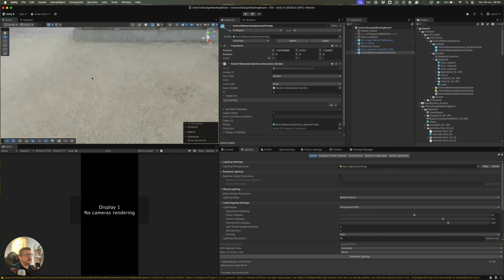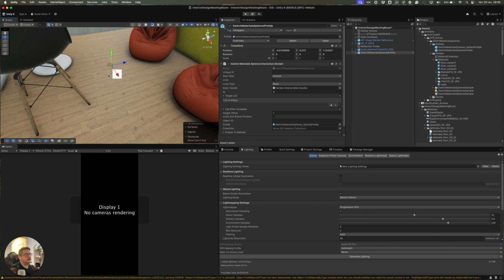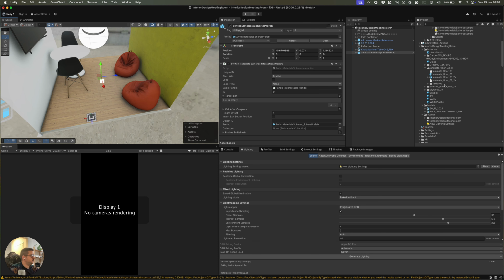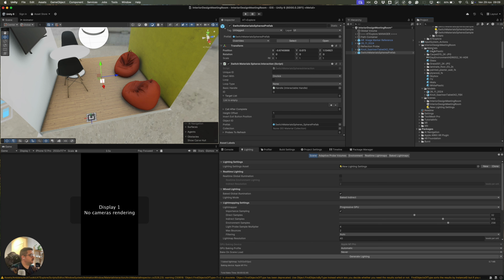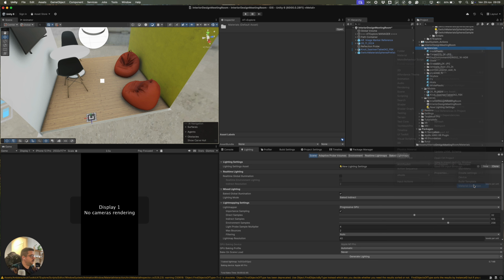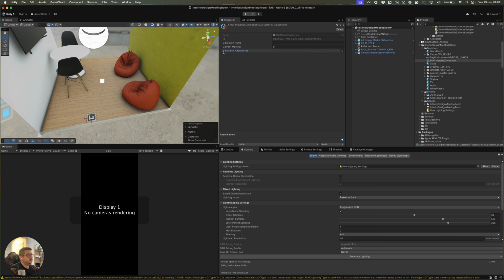This will be our handle inside the 3D space, and then I can create a material collection from the right click, create toolkit, material collection. Let's call it floor material collection,